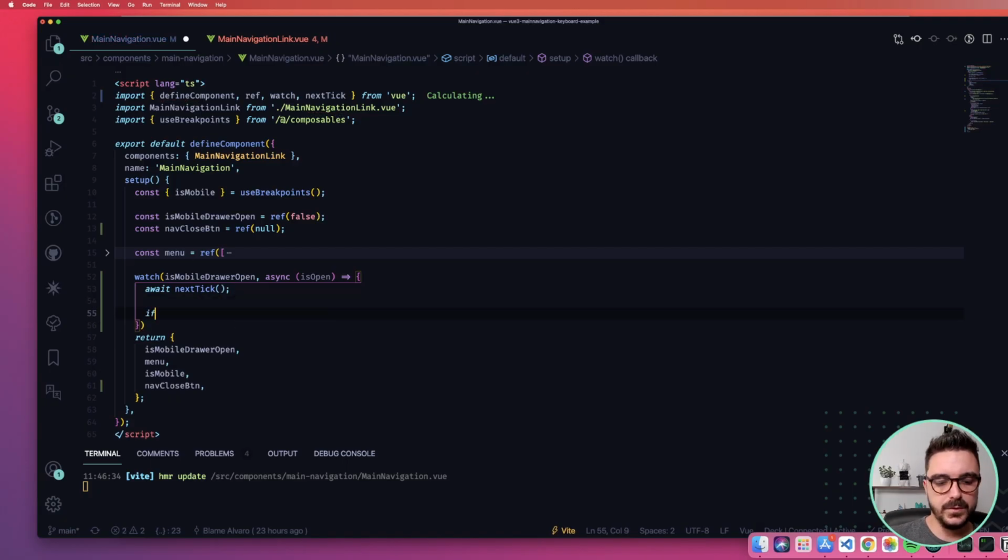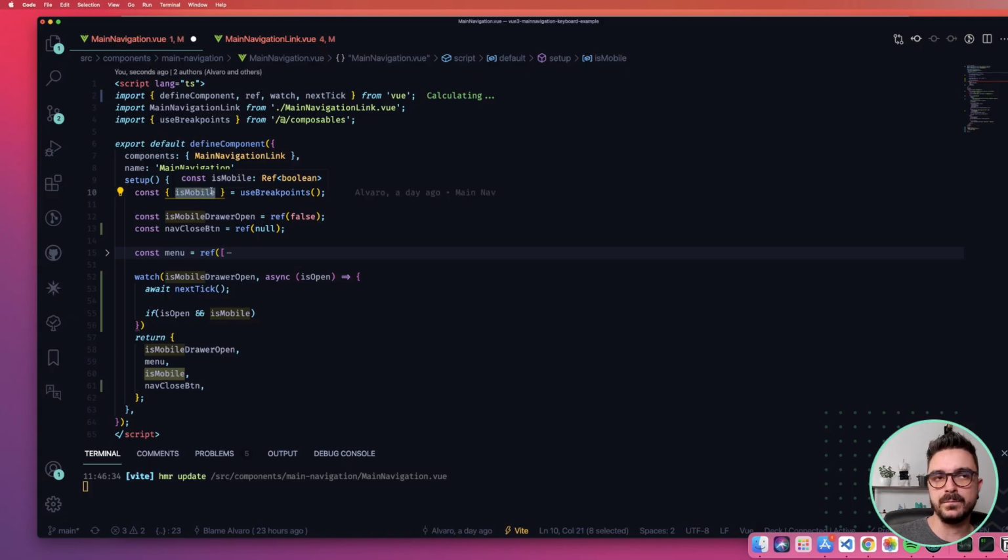The next thing that we want to do is check if it's open, and if it's mobile. If you wonder where I'm getting isMobile, it's a composition function that tells me, between the breakpoints I have configured on the project, if I'm on mobile or on a laptop, depending on the media queries.